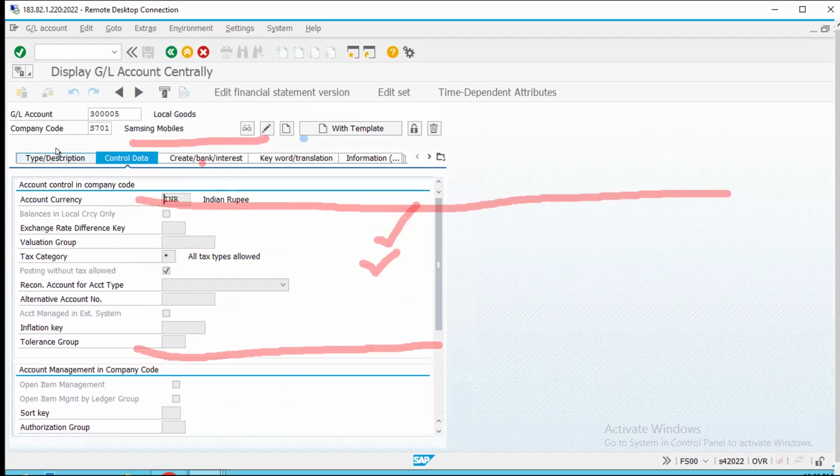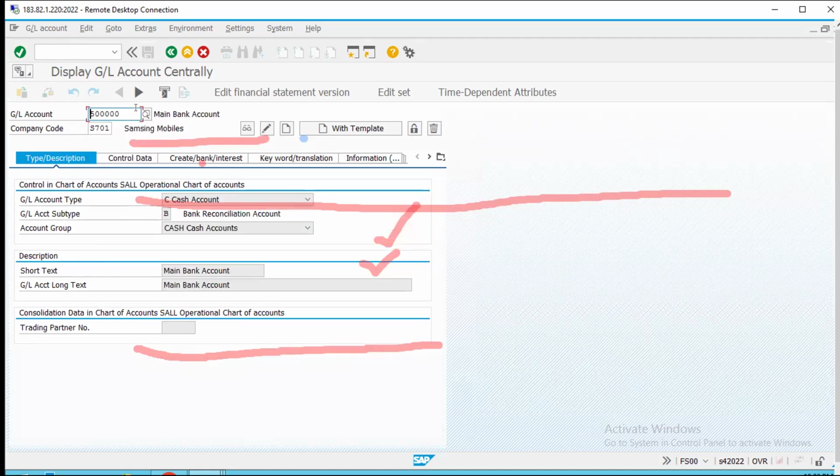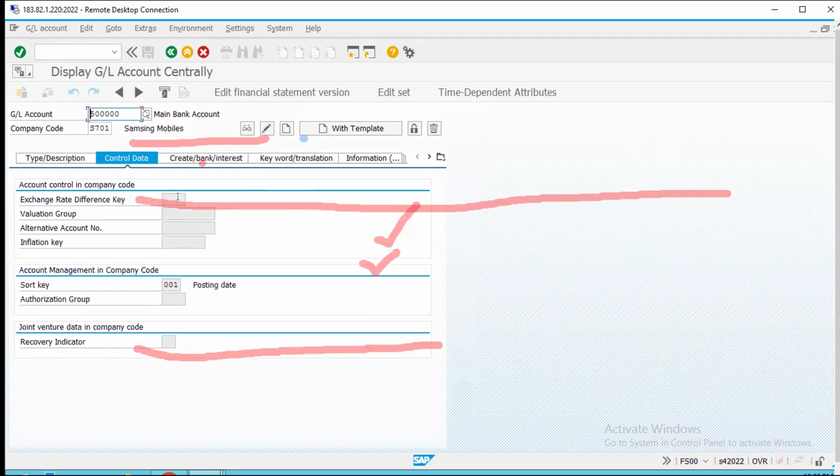Now, the moment I select the account type cash account, the first thing you can see is that the currency option is not applicable, and the reconciliation account, open item management, and cost element related options are not applicable here.